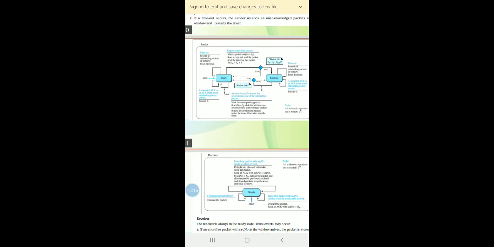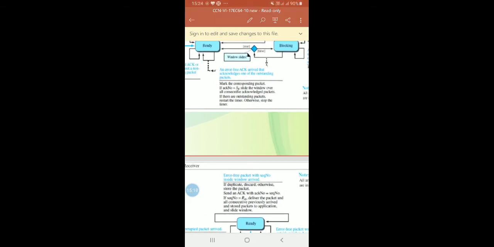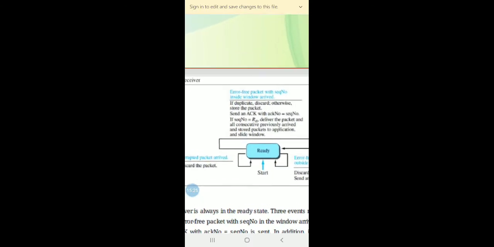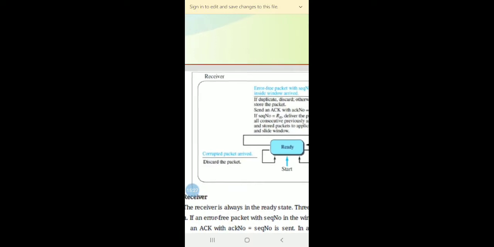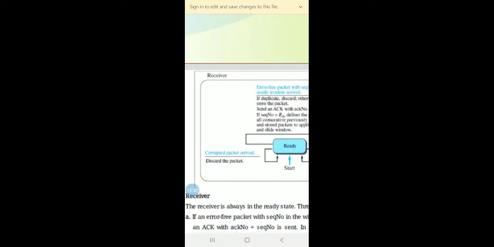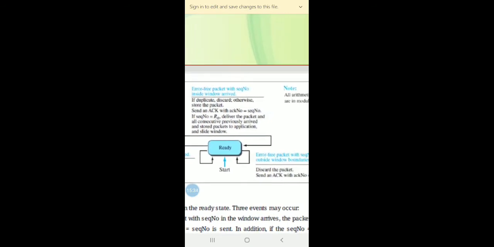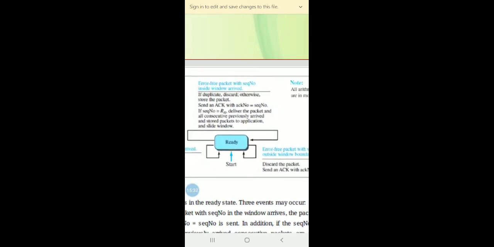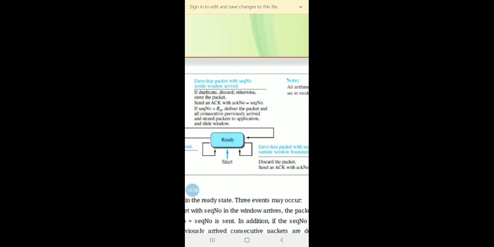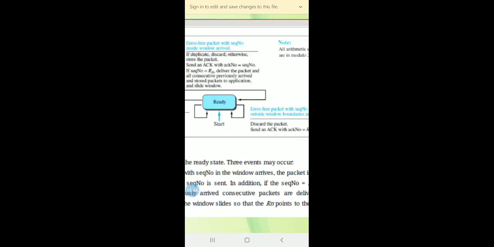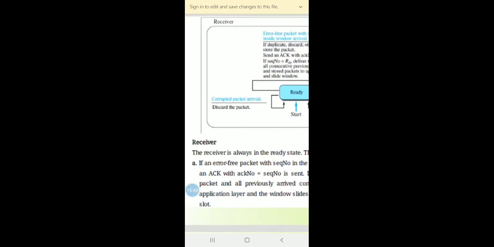Receiver. Next, we'll see about the receiver.